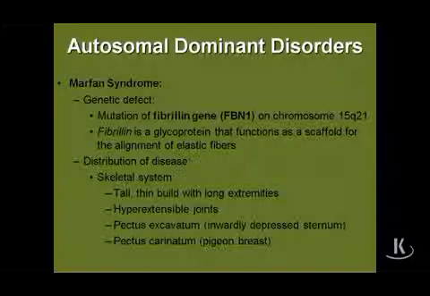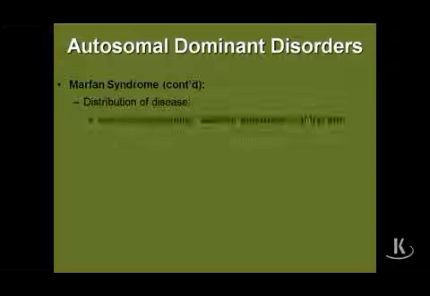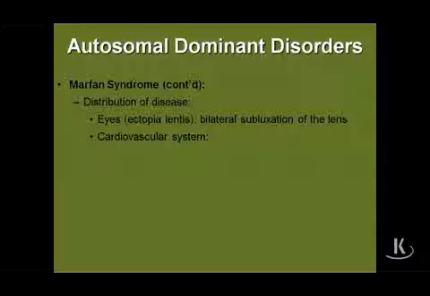And you can also have the chest pointing out, or pigeon breast, or pectus carinatum. And then it can affect other sites like the eyes, where you get ectopia lentis, where the ciliary process that attaches to the lens has connective tissue as well as fibrillin protein, and you get displacement of the lens called subluxation. But the most important organ system where the elastic fibers become critical is the cardiovascular,